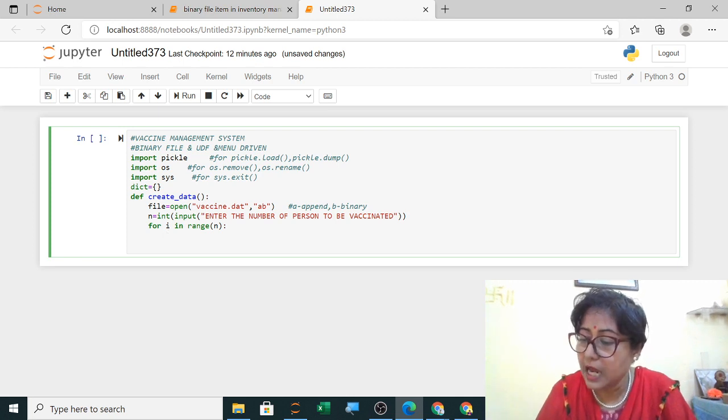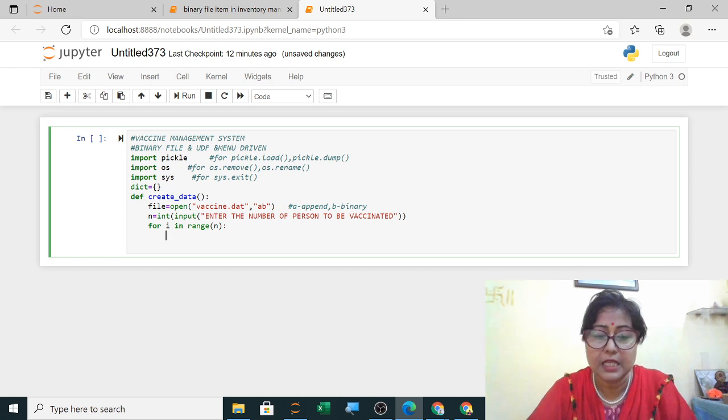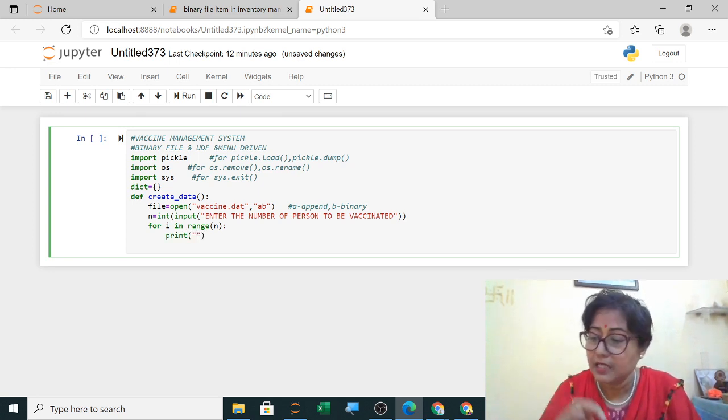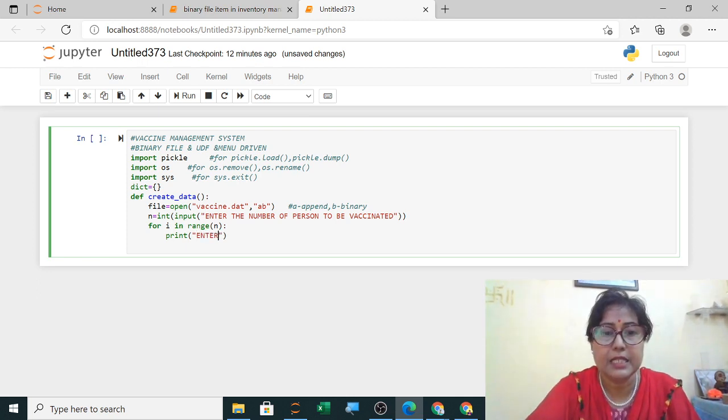Now you will start taking the details from the user. How to take the details? You will use user friendly terms. So I am using here print, enter. Now first person details, suppose you are asking to enter, so enter the detail of first person to be vaccinated. So I am writing here enter the detail.